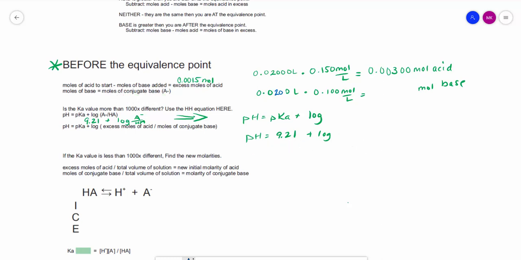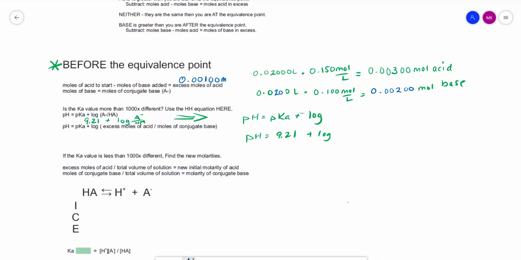Now, the amount of acid that I started with stays the same, but now I have to recalculate my base. So 0.02 times 0.1, I have 0.00200 moles of base. I need to subtract these numbers, so I have the excess